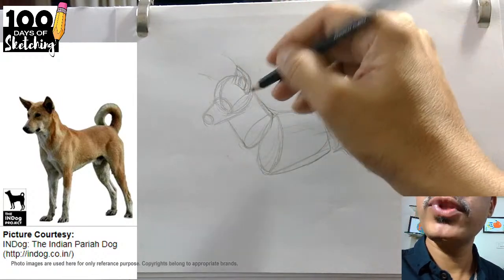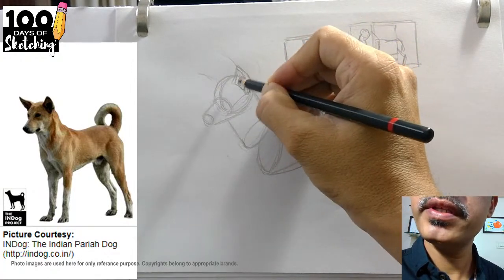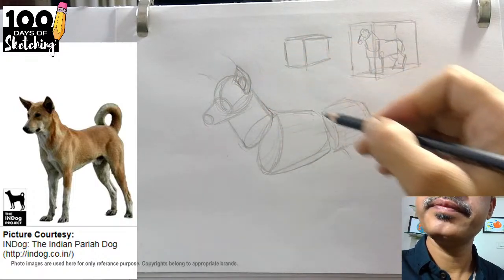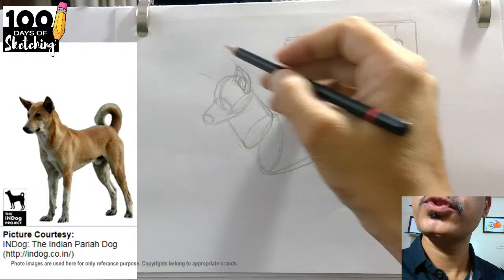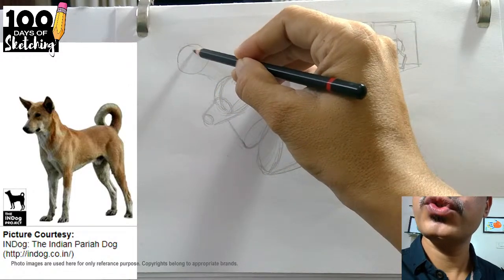And that's the depth, the hollowness you can see here. And this is again attached to this cylinder, so if this is the sphere, then on that